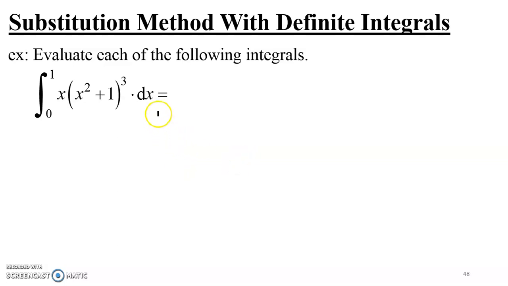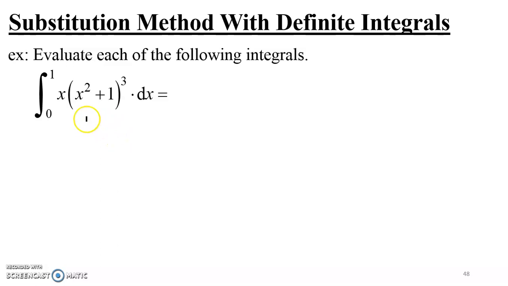In a previous lesson, we have tackled the substitution method with antiderivatives or with indefinite integrals. Now we're going to be looking at the substitution method with definite integrals. For example, here we have the integral between 0 and 1 of x times (x squared plus 1) all cubed. Now, it's good to revisit the other lesson on the substitution method in order to recall how it really works